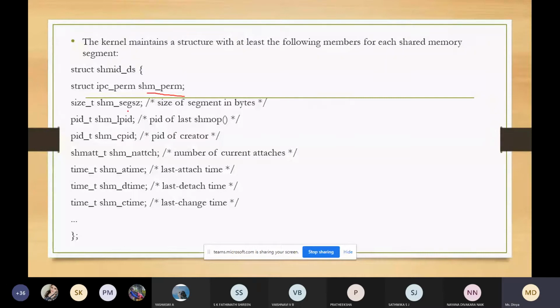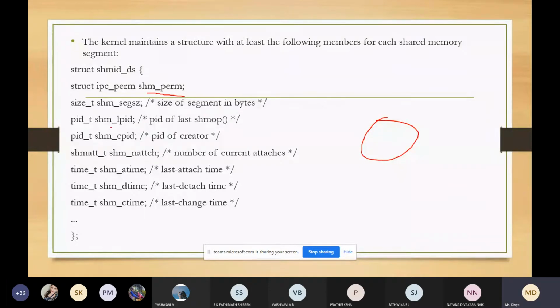And this indicates the size of the segment in bytes. We are saying there is a portion of a memory segment which will be shared by the processes, and the size of that segment is in terms of bytes, maybe 200 megabytes or kilobytes, whatever it is.